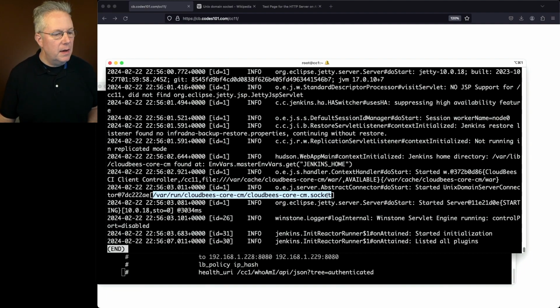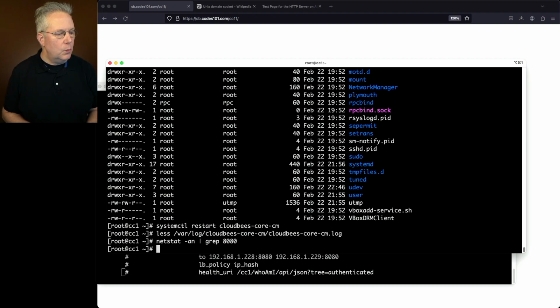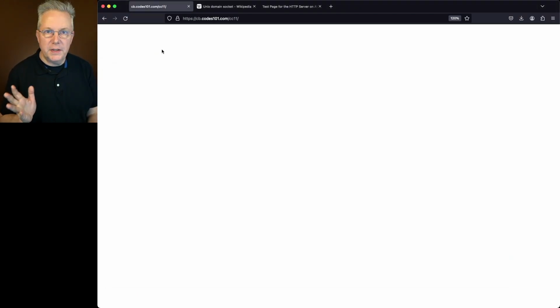Notice we don't see a server connector of 8080 running anywhere. And in fact, if we go ahead and quit out of this, and do a netstat -an and grep for 8080, we don't have any output for 8080. So we've been successful in swapping out the 8080 for our Unix domain socket. Now that it appears our controller is up and running fine, if we go to our page again and refresh it, still nothing there. That's what we expect, because remember that our existing reverse proxy is pointing at 8080 and there's no 8080 listening anymore. So at this point, we're ready to move on and change the reverse proxy configuration for our Apache server